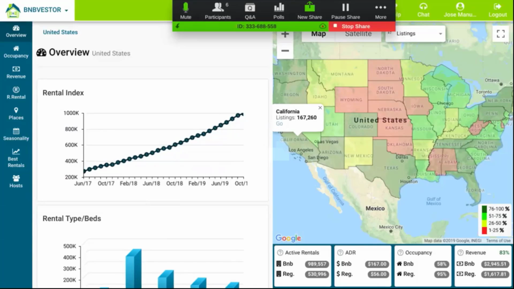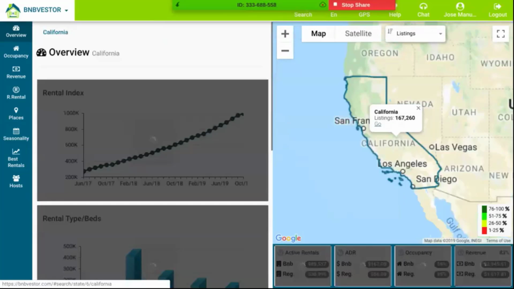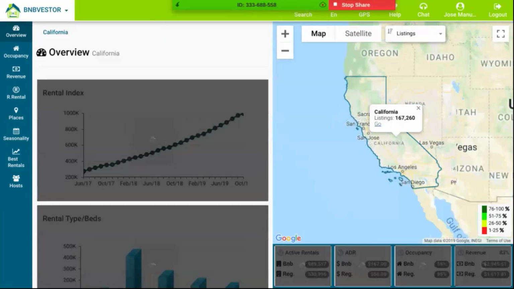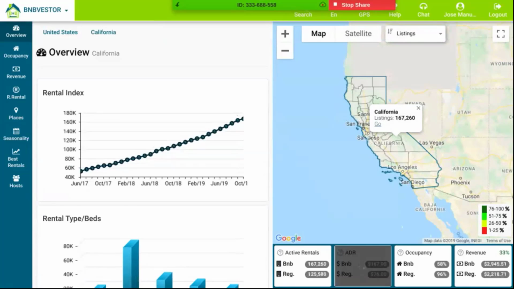Remember, right now the sharing economy is what everyone is talking about, and there's a reason for that. But let's focus a little bit more now on just California. Learning about the whole United States is one thing, but what about my neighborhood? What about our place?